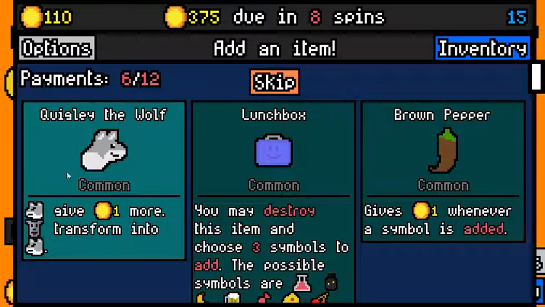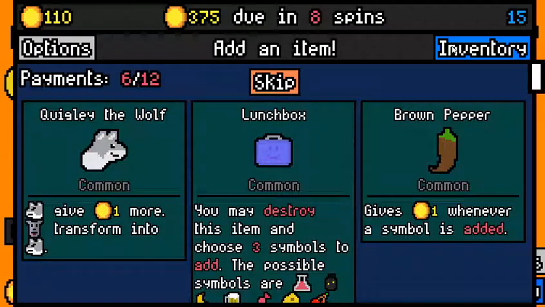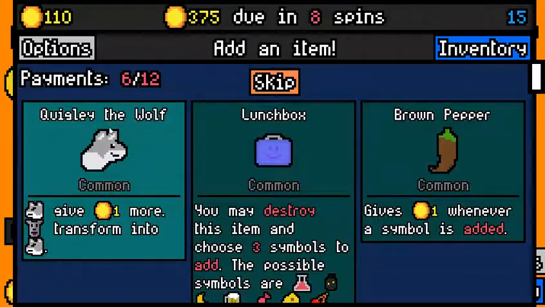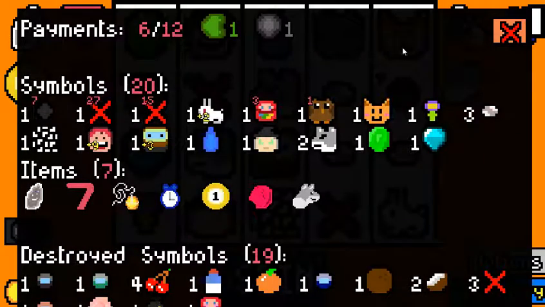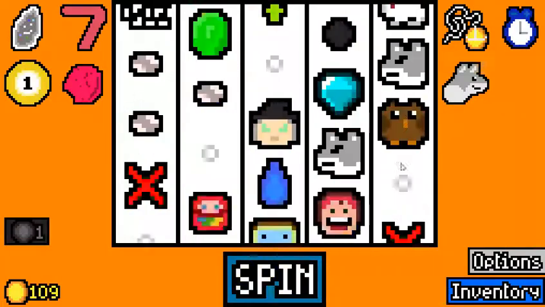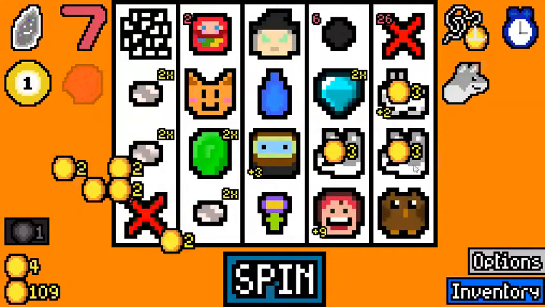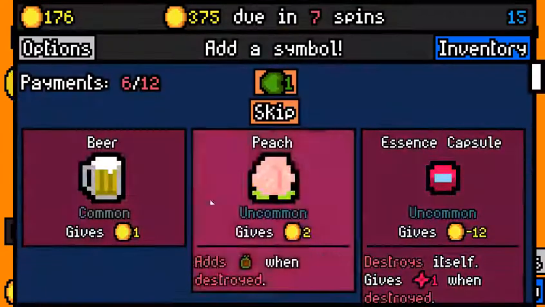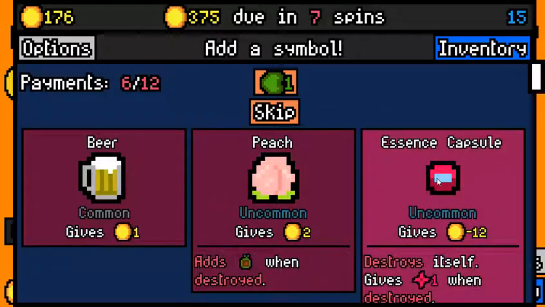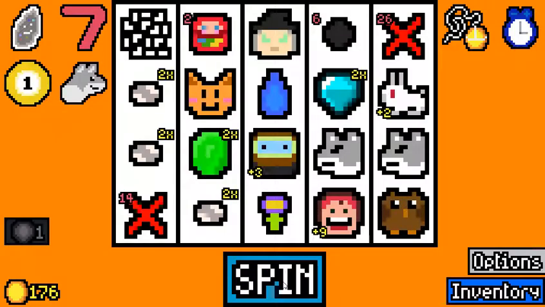That's just insane. I think we have 2 wolves, yeah. Making our wolves into 2 value symbols is also extremely good. This run is pretty close to over already, I think. Yeah, cleaning rag essence doubled everything. Could grab a peach for Mrs. Fruit, but I'm just gonna go for the essence capsule. We're so far ahead that